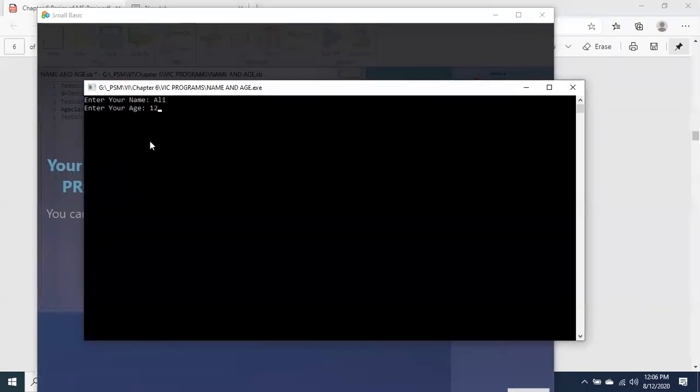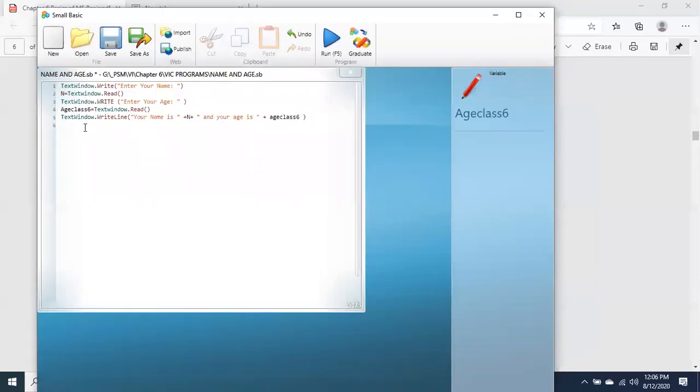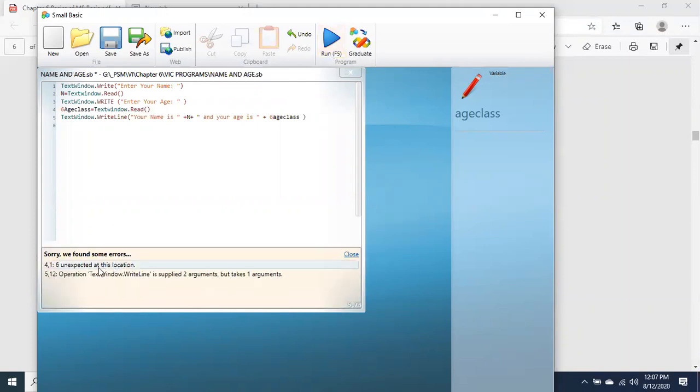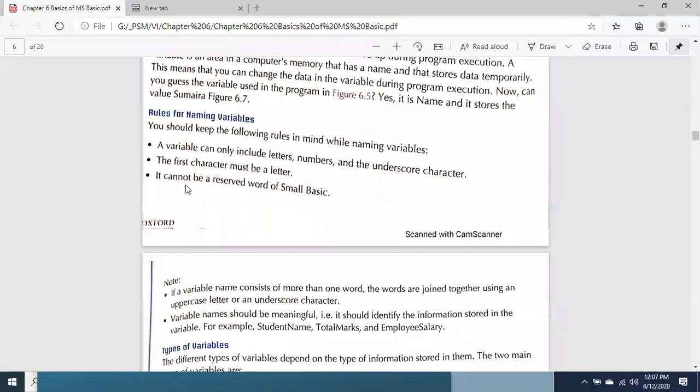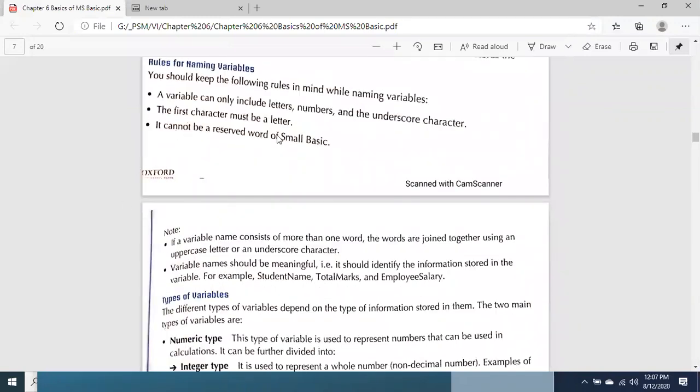नो एरर, ठीक है, देयर इजंट एनी एरर. बट इफ आई गिव द 6 इन द बिगिनिंग, शुरू में अगर हम देंगे 6, ठीक है, देन इट इज गोइंग टू गिव यू एरर. अब ये आपको एरर दे देगा, वाई? क्योंकि कहेगा कि 6 इज नॉट अलाउड इन द बिगिनिंग. नंबर शुरू में नहीं दे सकते आप, नंबर शुरू में नहीं दे सकते इन द वेरिएबल नेम, ठीक है. नंबर इज नॉट अलाउड इन द बिगिनिंग. बीच में दे सकते हैं और आखिर में दे सकते हैं, बीच में कहीं पे भी दे सकते हैं. इट कैन नॉट बी a reserved word of a small basic.